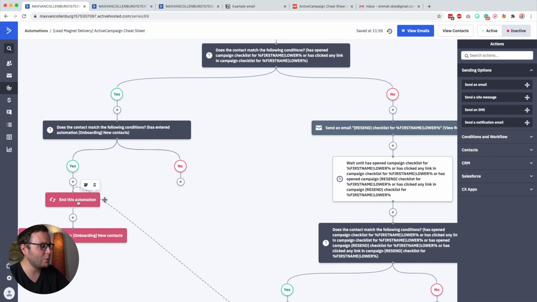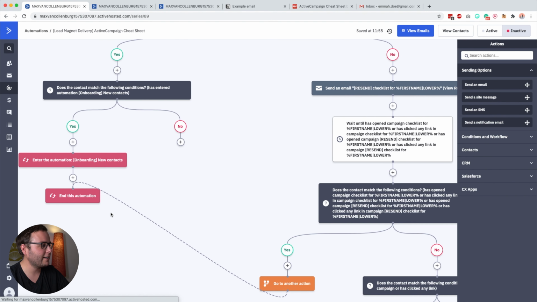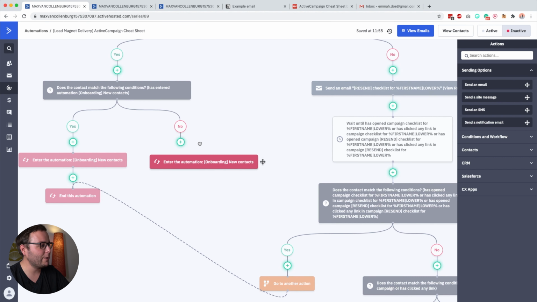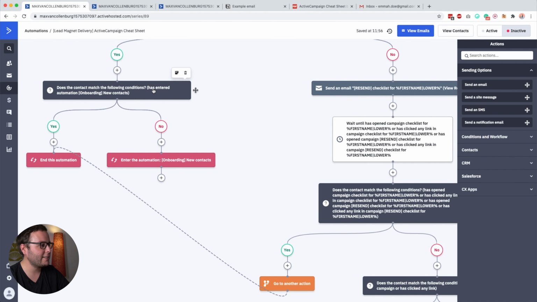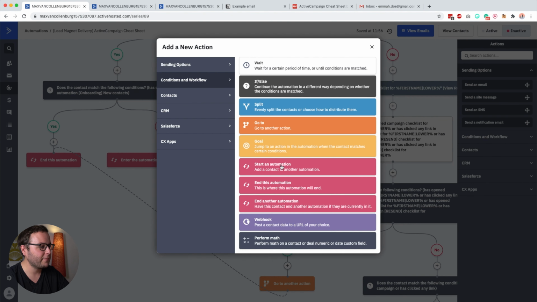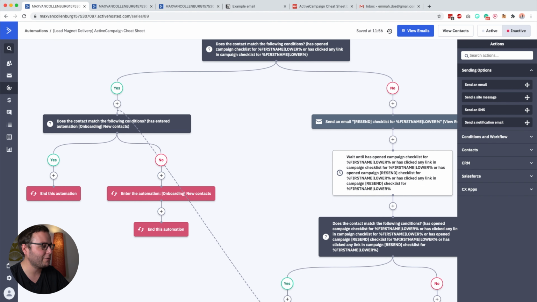You see that these two got like mixed up here now. It's like a little bug. So if you have that, again, just refresh the page, and then you'll probably see that from then it will be fine. So you see here now that the order is all right. So we want to start only the onboarding for people that have not entered the onboarding yet. And then we click here, end. And then it's very important, the go-to, we drag over to this if else.